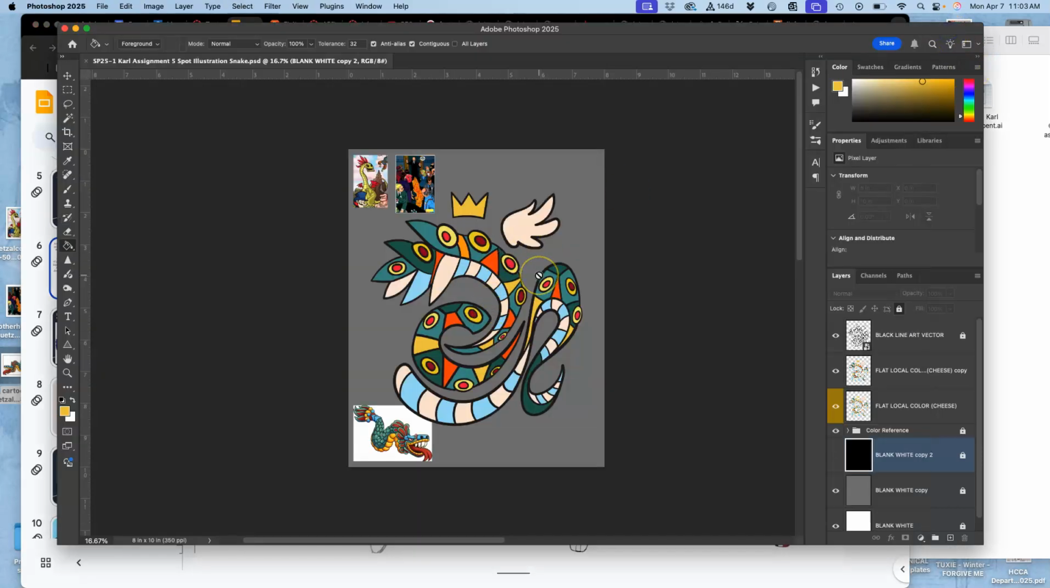This is called flat local color because what I'm saying is no matter the lighting condition that this snake is in, this feathered snake, those are the local colors that it is, right? That's the color of its skin. All right. Now it is saved. Now I'm going to